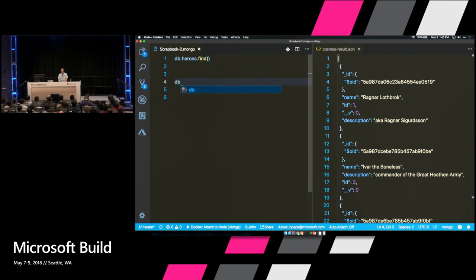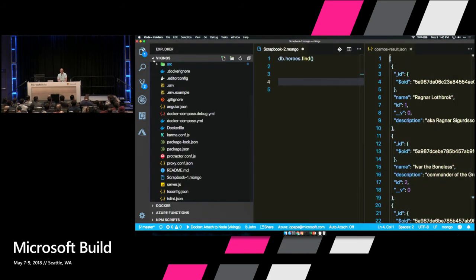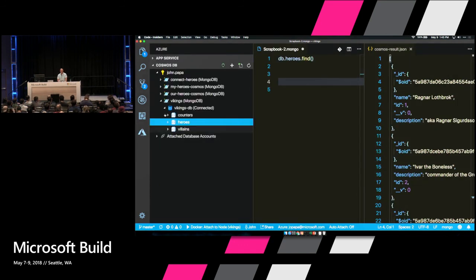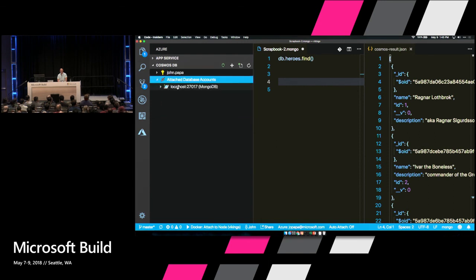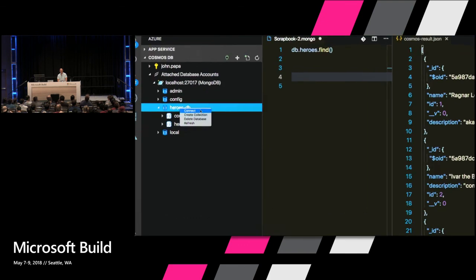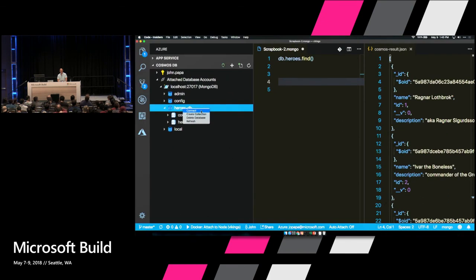And I can do other commands in here too, like db.heroes.deleteMany. No, don't run that. So you can run all this stuff right here inside the tool. It runs against Cosmos, or if you're like me, a lot of times you want to run locally first in a local Mongo database. You can attach your local Mongo, and I can say, okay, let's right-click, connect to it,